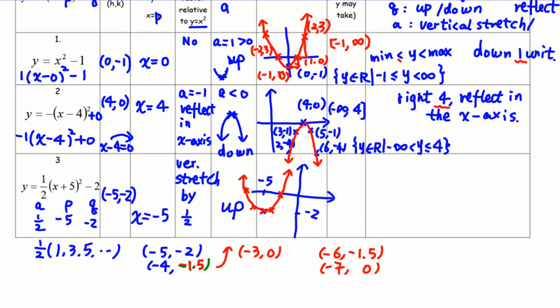And from here, because it opens up, we have a minimum, so we put the minimum here, -2. Then all the way go to maximum is positive infinity. So the description will be, the P is left, right, so left 5. If negative, left. If positive, right. Left 5 units, and the Q value is negative, is down 2 units,